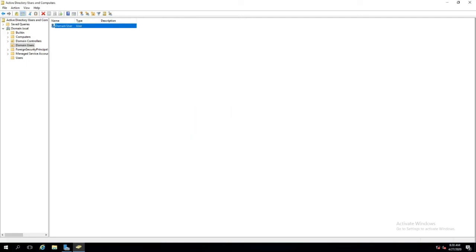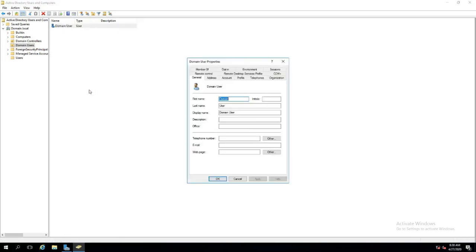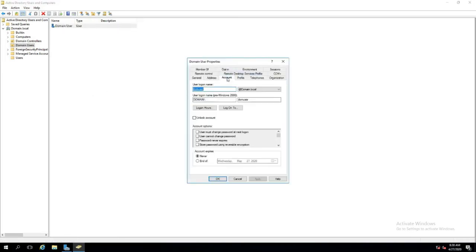To manage other password options, double or right-click the user, click Properties, and select Account tab. There are several options. The most common are user must change password at next logon, user cannot change password, and password never expires. After making changes, click Apply,